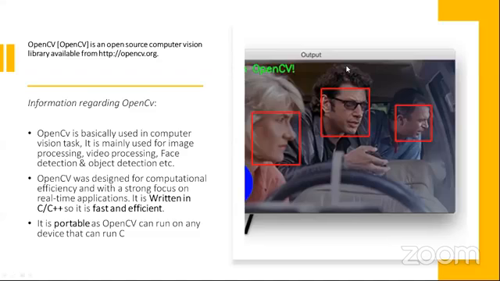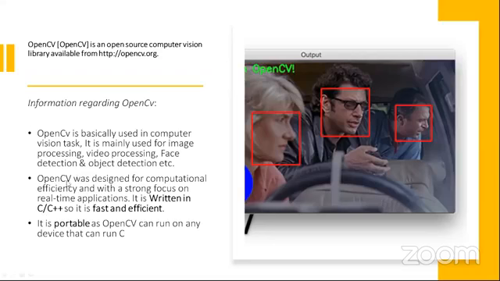So we will start with the introduction of OpenCV. First I will introduce what OpenCV is. OpenCV is an open source computer vision library. I hope you are aware what computer vision is. For those who don't know, computer vision is a field of study in which we deal with how a computer can get a high level intuition from digital images and videos, how to make the computer understand the images. So it is widely used for image processing purposes. The library we are going to talk about is OpenCV.